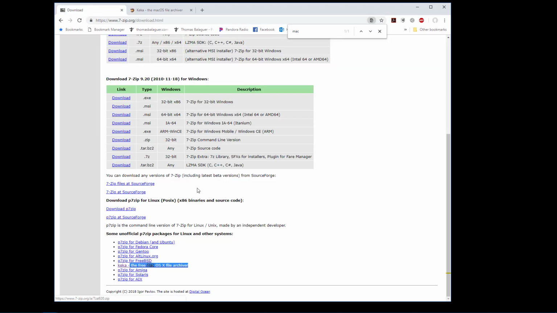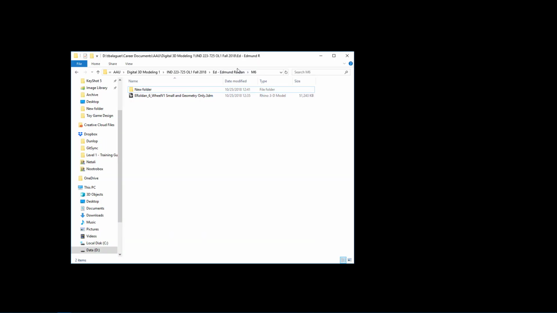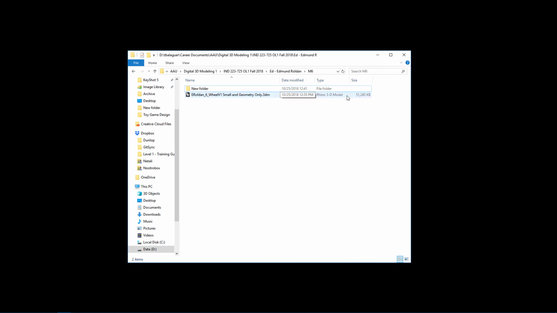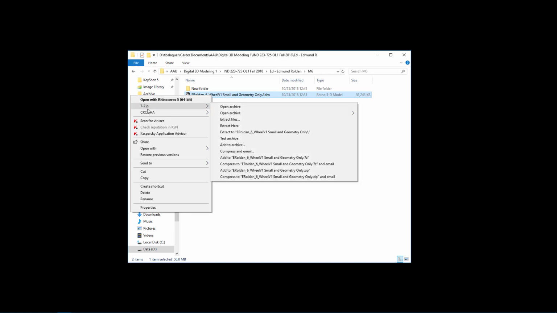If you're using Windows, you probably already have 7-zip, because PC users use this software a lot, or at least people I know that use Windows use 7-zip often, from my experience. So let's talk about how this works. I'm using Windows right now, so I'm going to talk about 7-zip. Here I have a file that is 51 megabytes. I can use a right click, and I should mention 7-zip is already installed on this machine. This is one of the first pieces of software I install whenever I install Windows. I would start with 7-zip.